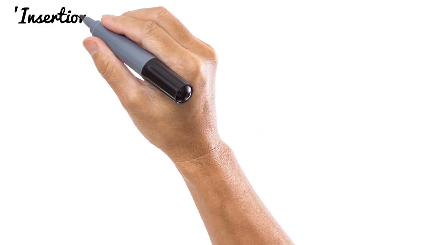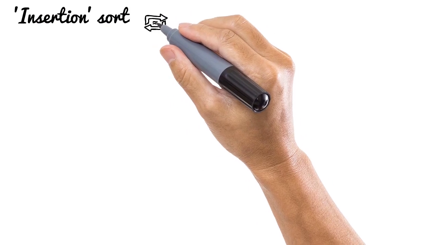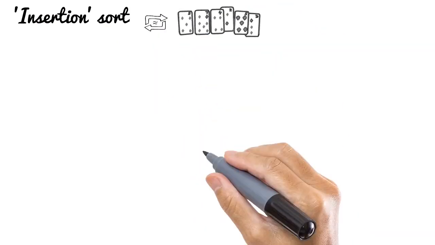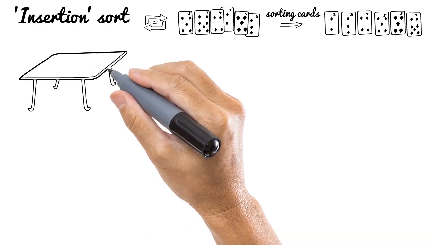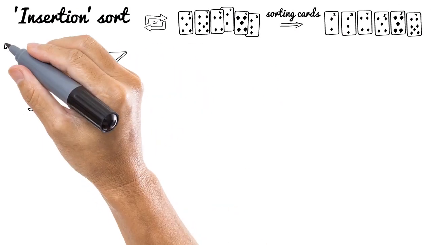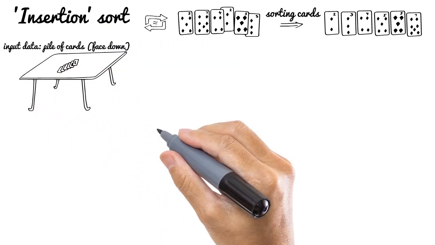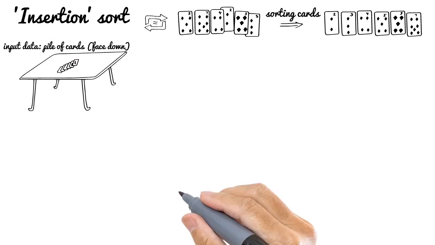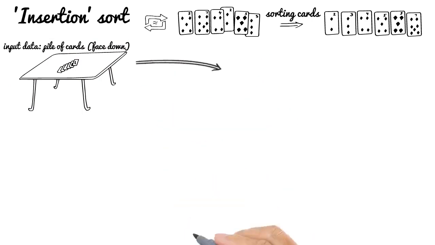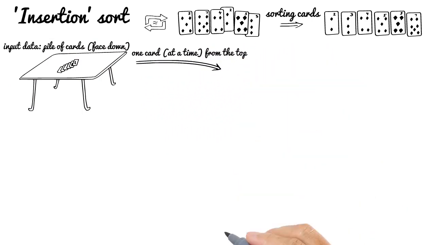Let's continue with the insertion sort algorithm. Its main idea is similar to sorting playing cards. The player has a pile of cards on the table, faced down. The pile of cards contains input data. The empty left hand at the beginning will contain output data. Then the player takes one card at a time from the top of the pile and inserts it into the correct position